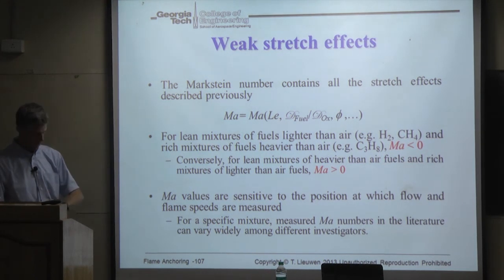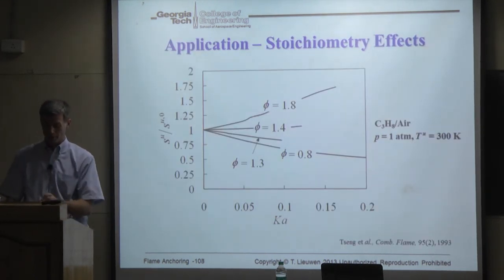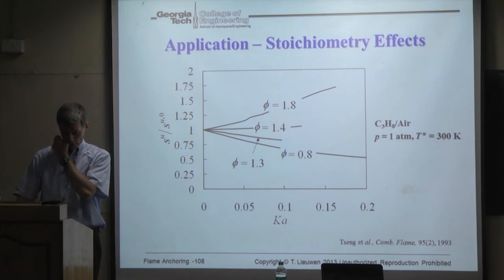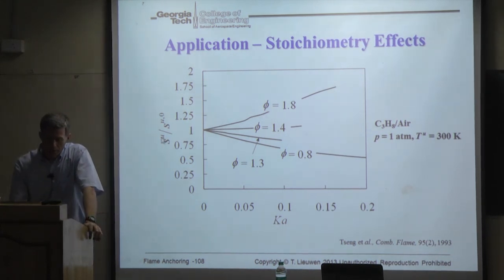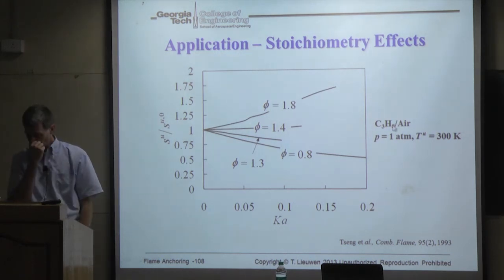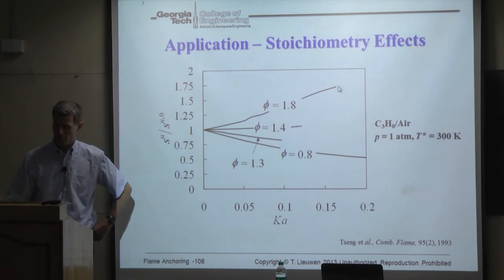And so, just before we break here, let me show you some data. This is a measurement of flame speed normalized by its unstretched value. Remember, Karlovitz is the dimensionless stretch rate. And this is for propane. It's for a positively stretched flame, and it's showing you that